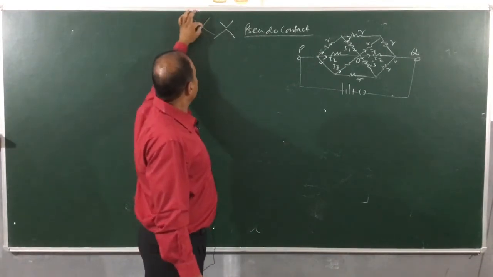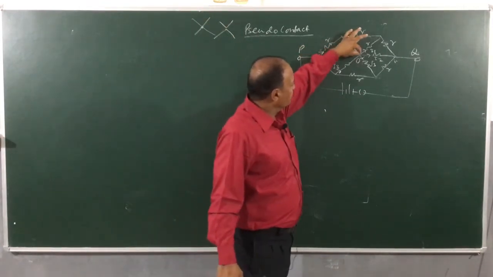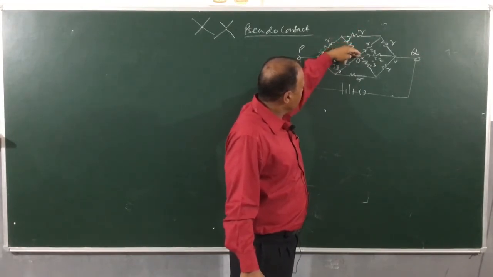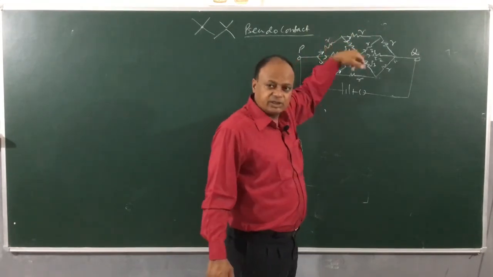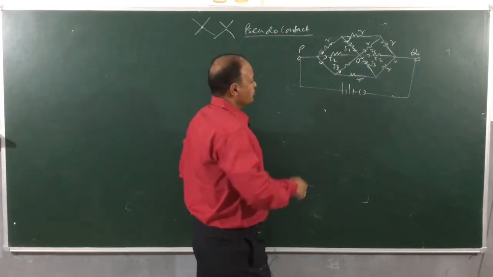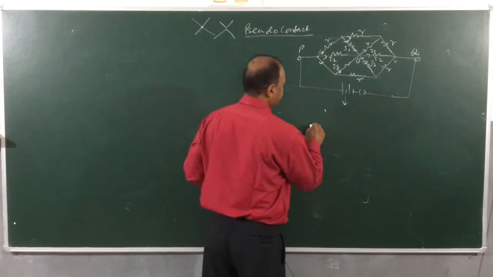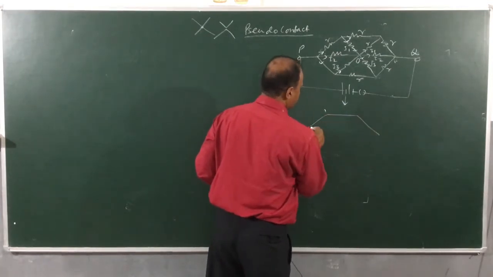So if it is a pseudo contact, what will you do? Like I taught you, we will just remove the tips. So I will remove this tip, I can fold it up or I can shorten it. Similarly, I can shorten this, separate it from O. So children, what will be the equivalent circuit like? Let us see what will be the equivalent circuit.